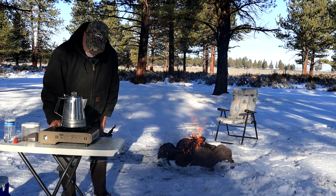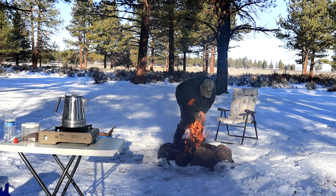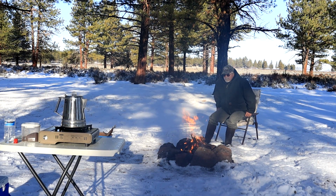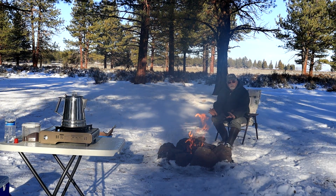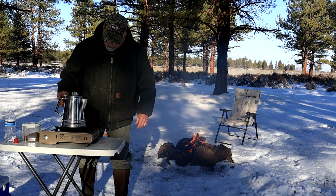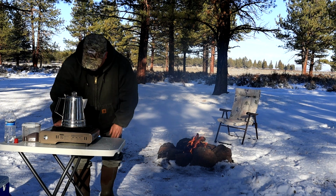Well, good morning everybody. It's time for a little bit of coffee here. Oh yeah. We'll have campfire this morning and breakfast and a cup of coffee, and we'll head down the road. What we're going to make is cowboy coffee. Once this comes up to a boil, which shouldn't be too long,